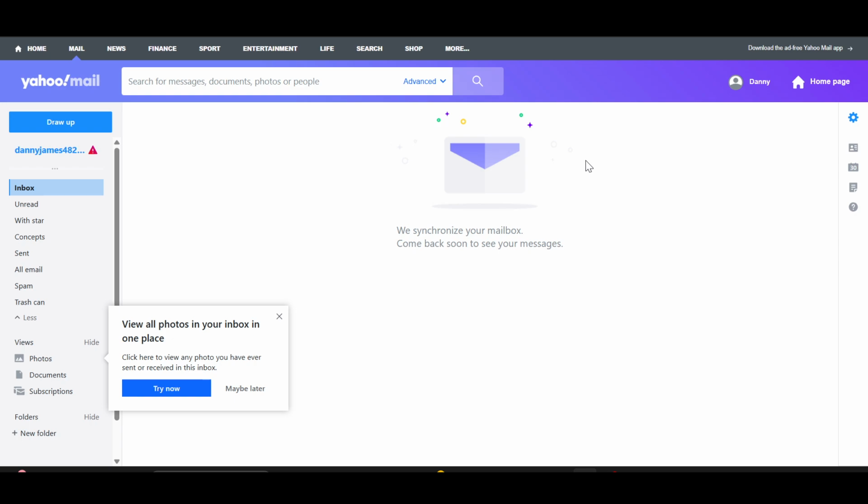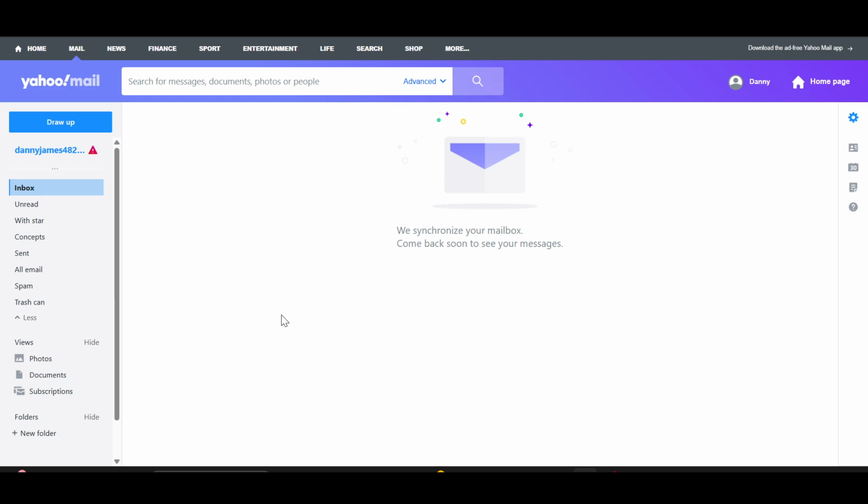After that, just simply log in, or if you are new to Yahoo, just sign in with your email, or you can create a new Yahoo email account. After that, you will be welcomed inside the Yahoo Mail, and here if you want to insert a table, on your left side click on draw up